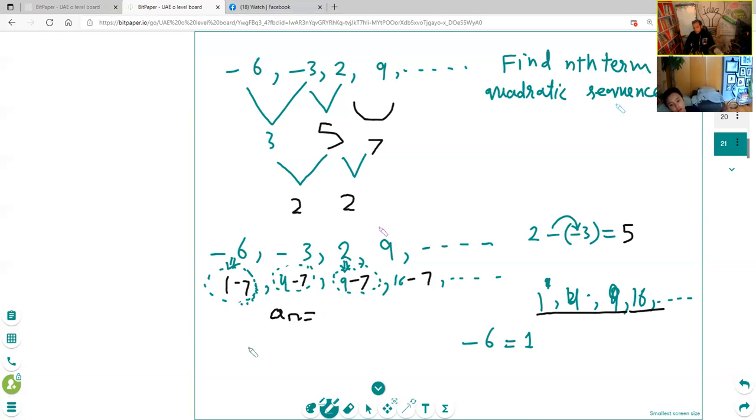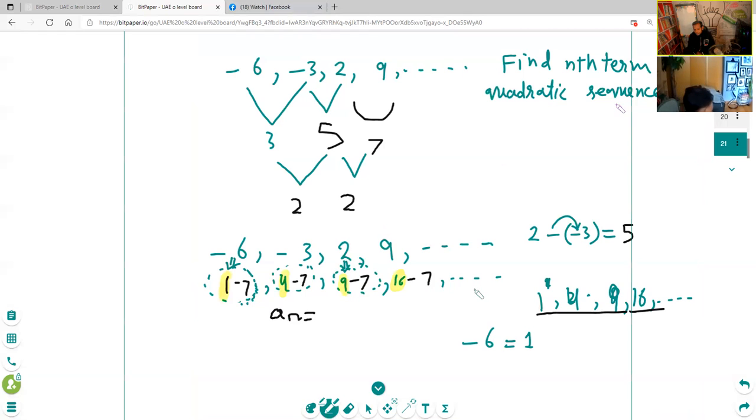I'm not sure. Can you write? No. It is very easy, understand. This is a quadratic sequence, the sequence of square numbers. You should write its general term first. What is the general term of 1, 4, 9, 16, 25? First write the general term of 1, 4, 9, and 16 here.